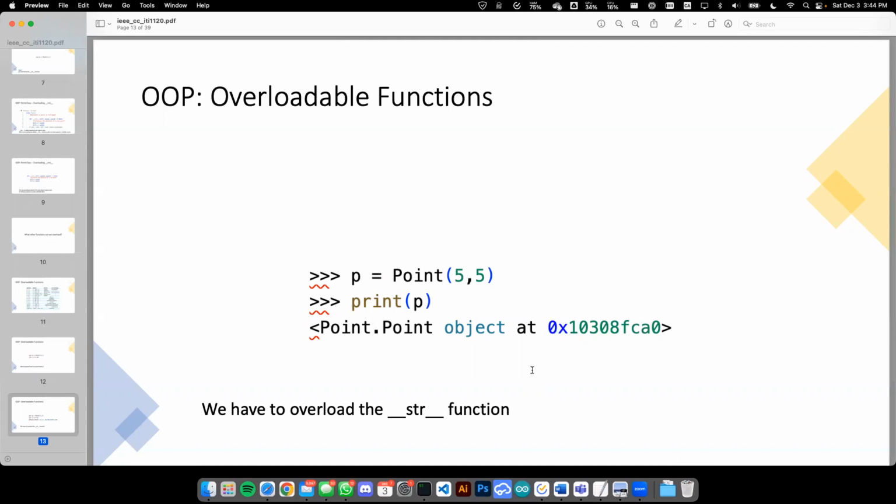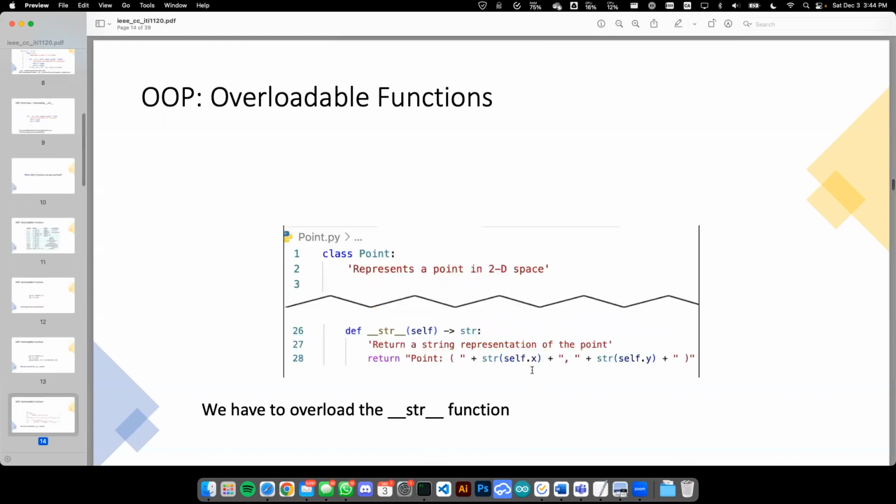It's printing it because it's just printing the object itself. It's not printing what's in it. It's not printing it formatted. Normally if you print a string, it'll print the string, right? If you print this, it just prints exactly what it is when you use the default print. So now we're going to overload it and we're going to define